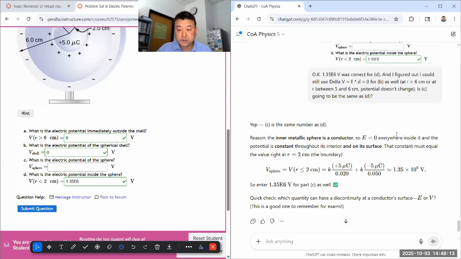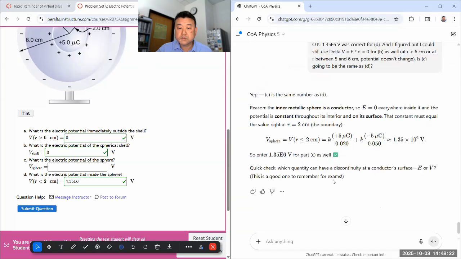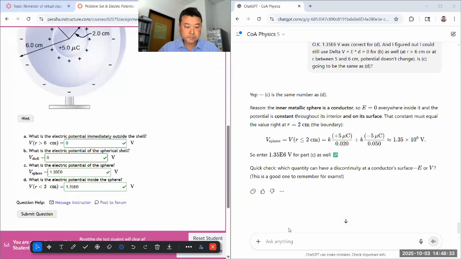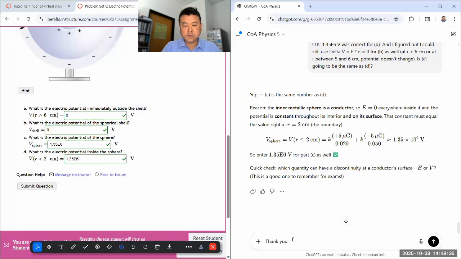With conductors, yeah, must equal, right, which quantity? E. Neither, right? I thought discontinuities were unphysical, aren't they? So I guess it's a matter of